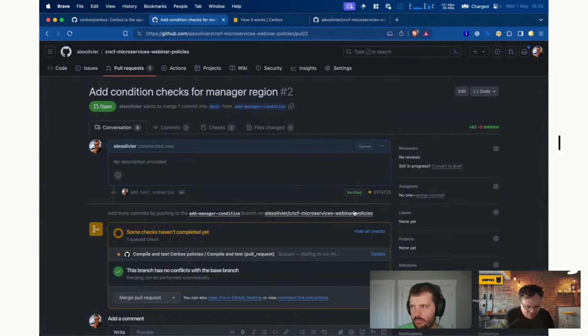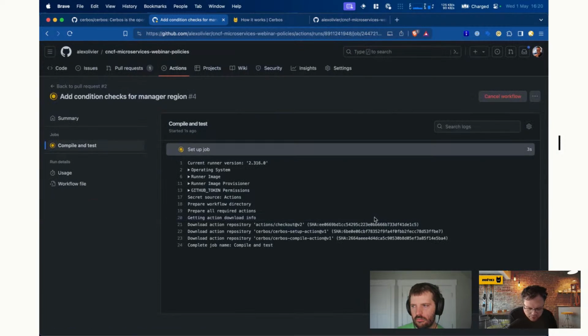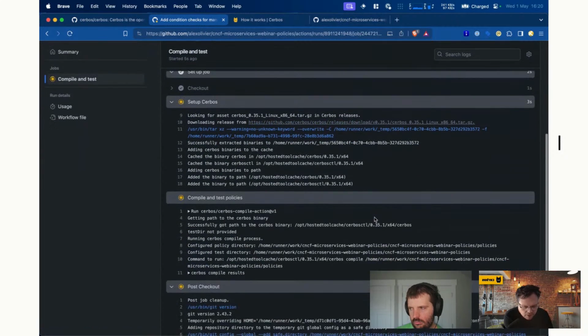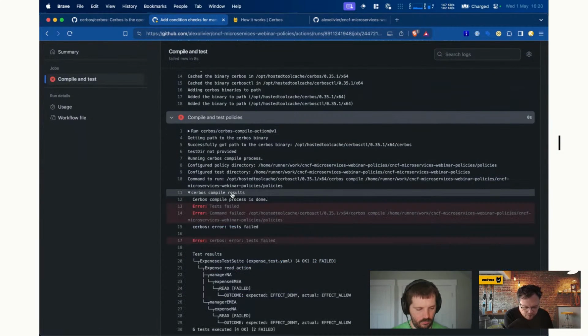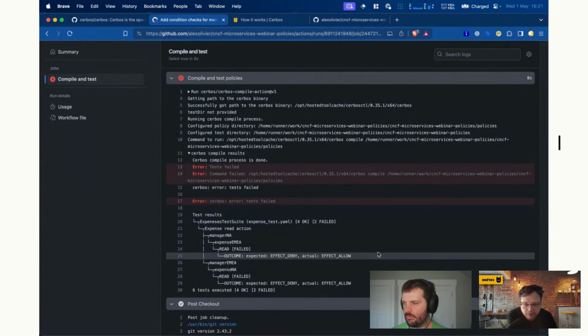But this is just for this example, we've kicked off that build. So now the Cerbos workflow is running. It clones down our repo, runs a compile, and we've got an error. So we can see here, tests have failed, and we have some test cases that aren't conforming to our expected